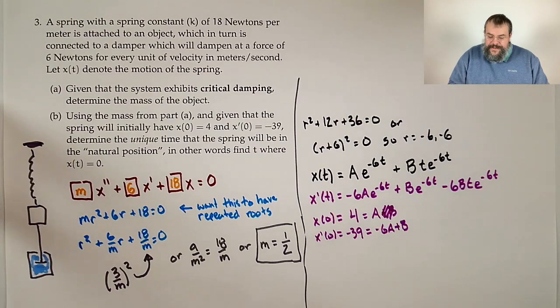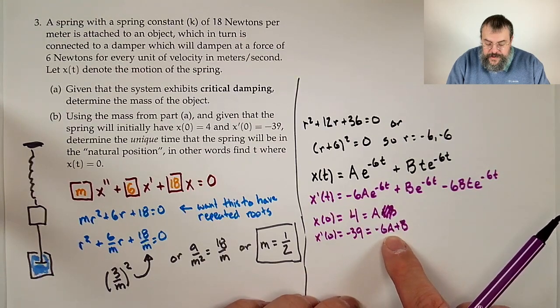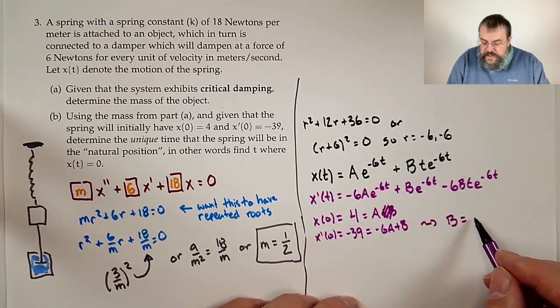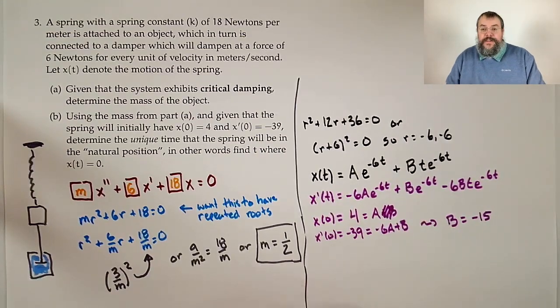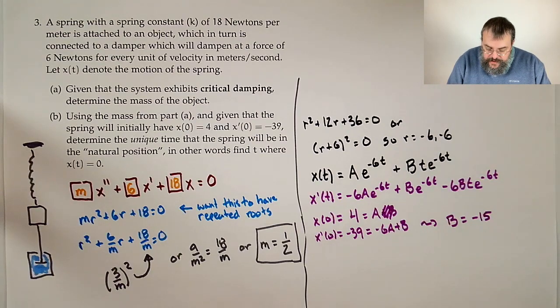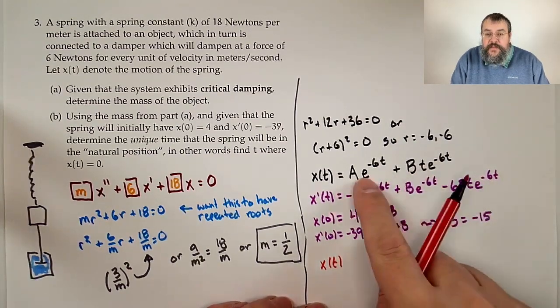All right, great. And x prime of 0, minus 39, equals minus 6a plus b. But we know what a is. It's 4, so minus 24. Add 24 to both sides. Say, oh, hey, great. So b is minus 15. All right, great. So now we know a, and we know b. So we now know the complete behavior of the spring. So we can say x of t, and since these both have e to the minus 6t,